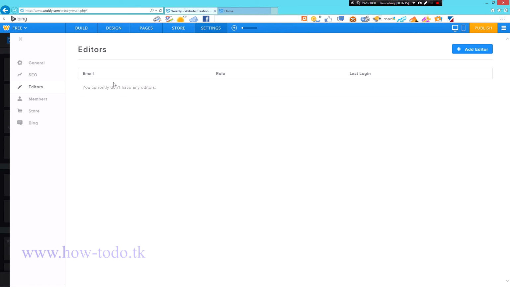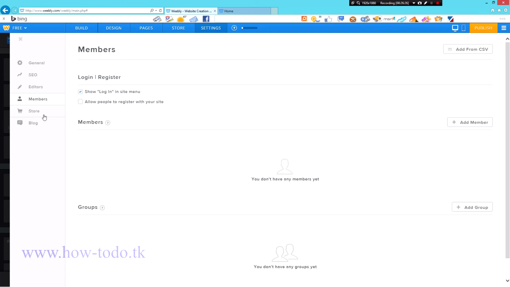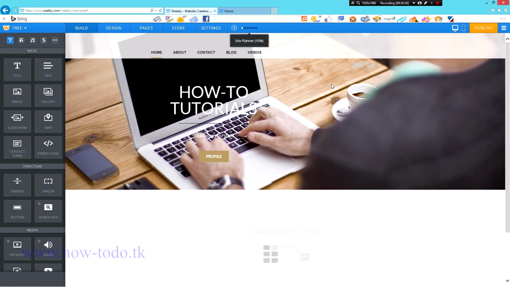Then you can add editors. For example, you're in a company and many people you want to access this page and edit and everything. You can add people, members, everything. So yeah, that's pretty much the designing of the page. And then you go to when you exit the editor,